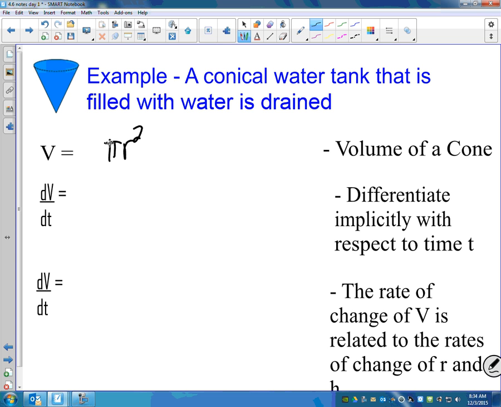And then we would take the height, which is the perpendicular distance. So pi r squared h. Isn't that how it looks? 1/3 of this volume. Because